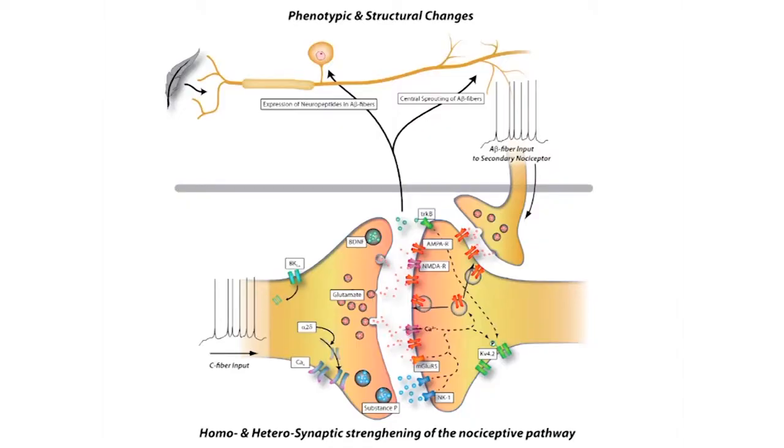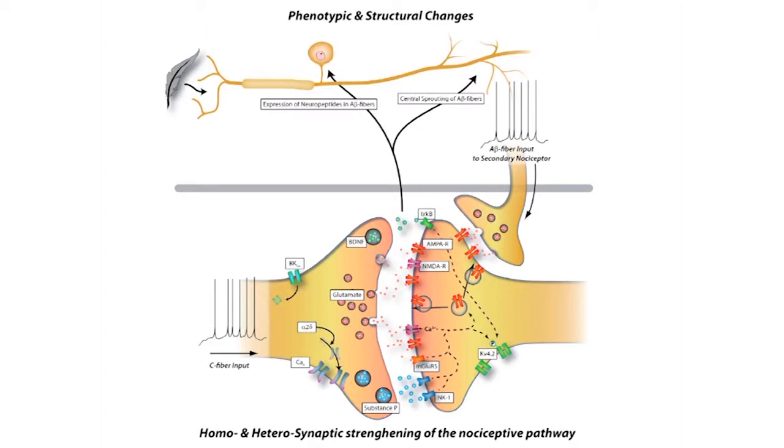If we look mechanistically at what happens, there are a number of changes that are responsible. One is that there may be changes in the transmitters produced by injured or inflamed neurons, or neurons that innervate inflamed tissues. They begin to produce more transmitters, so their central actions may be enhanced. There is also a change in the actual circuitry. After nerve damage, some fibers can regrow from one position within the spinal cord to another,